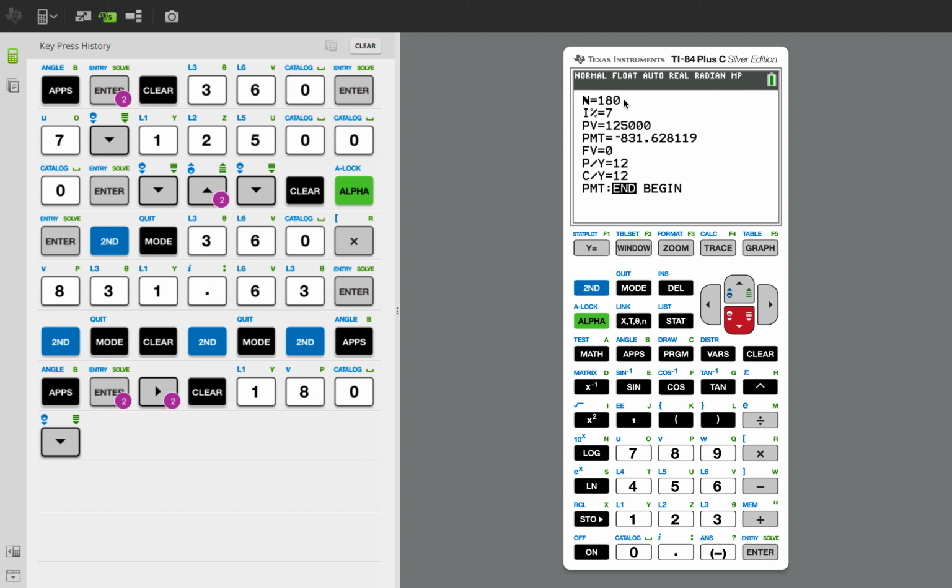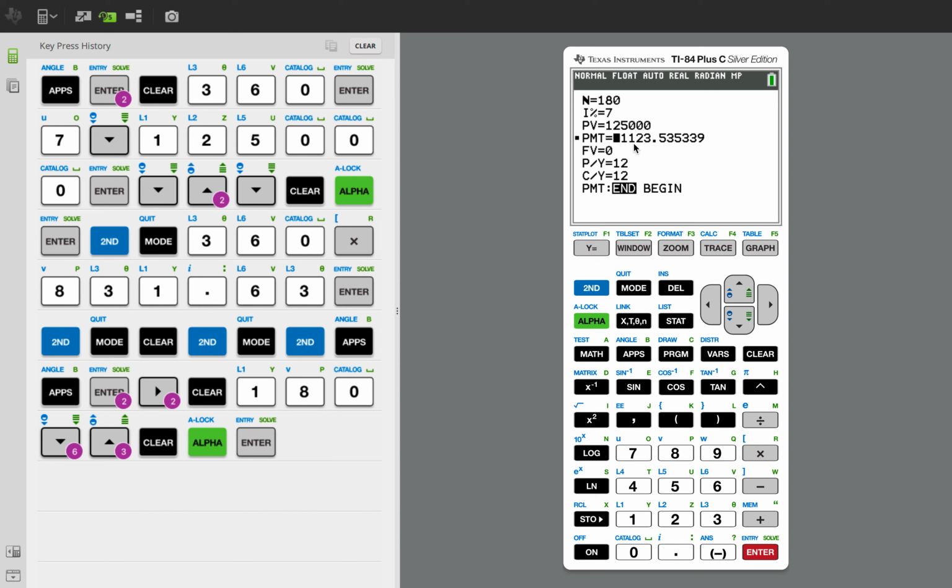Interest rate, we're going to keep at 7. Principal value, present value is 125. Everything else stays the same. We want the future value to be 0 and the payments per year and compounding per year to stay at 12. So now we just want to clear and recalculate the payment amount. So here we're going to hit alpha solve, and you can see that the payment amount goes from